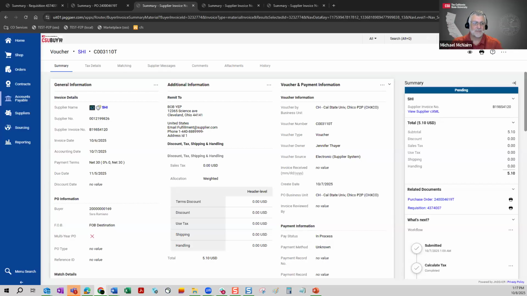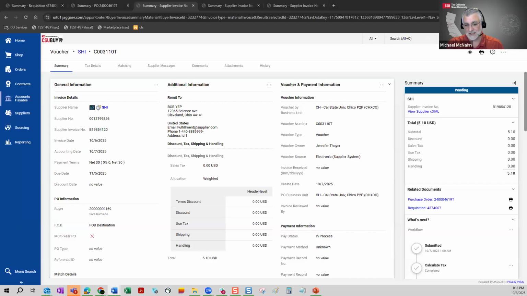So let's talk a little bit about how the supplier sends the invoices to CSUBUY. There's two main ways. They can send it electronically or manually. That's how the invoice gets into the system. Let's take another step back and say for what types of orders are being placed through the system. There's kind of two main orders. If you think about